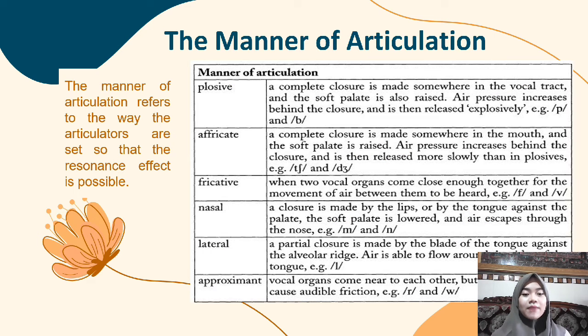And next is the manner of articulation. The manner of articulation refers to the way the articulators are set so that the resonance effect is possible. We have 6 manners of articulation: plosive, affricate, fricative, nasal, lateral, and approximant. First, plosive. A complete closure is made somewhere in the vocal tract, and the soft palate is also raised. Air pressure increases behind the closure and is released explosively. Example: